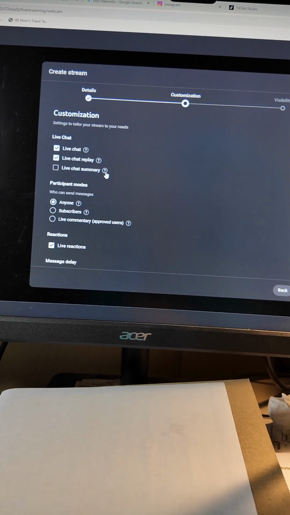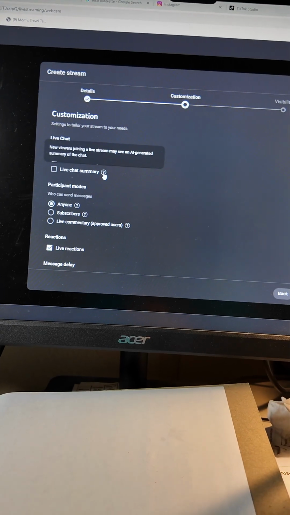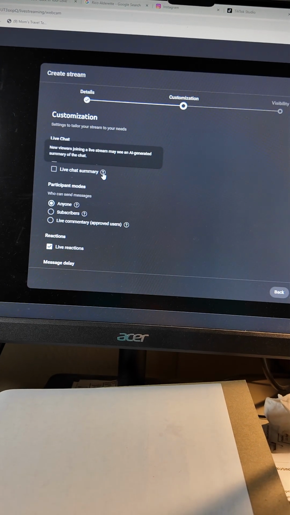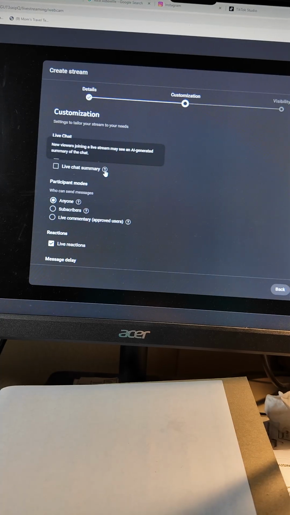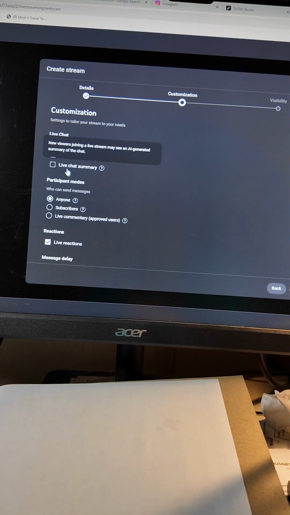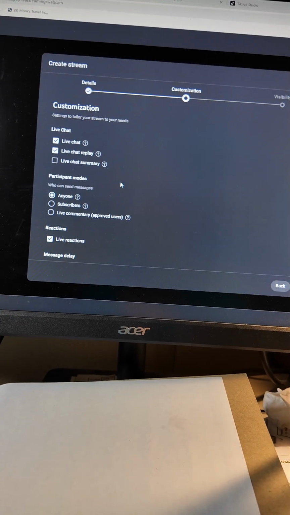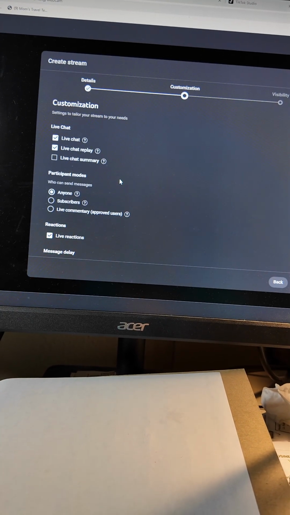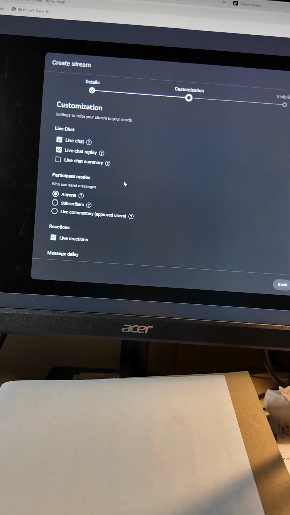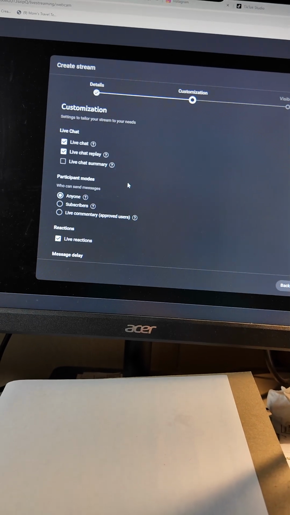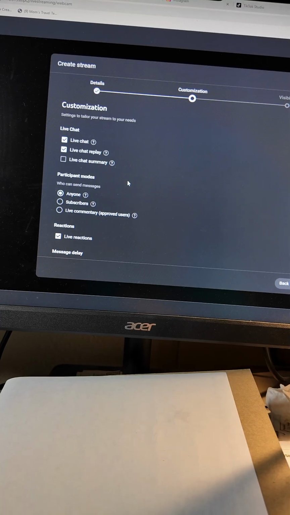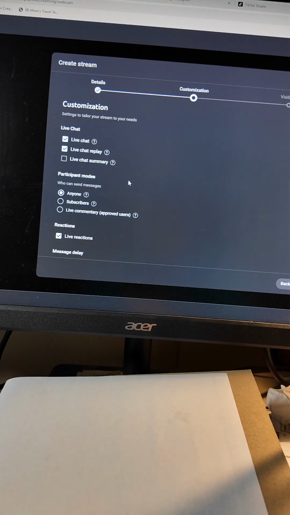Awesome, love that. Summary: new viewers joining a live stream may see an AI-generated summary of the chat. I turned that off because I have not tested it to see what AI might generate. I'd rather have people that join just see what's there as they join, and maybe not have a summary